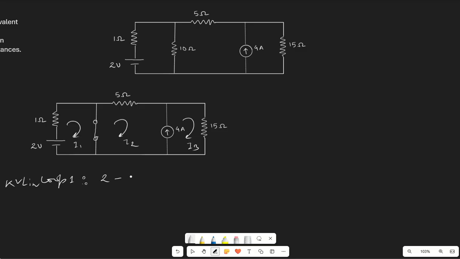Applying KVL in loop 1, what we have is 2 minus I1 equals 0. So the value of I1 is 2. Then in the second loop, you can observe that this is a super mesh containing a current source in between 2 meshes. So we have to write down KCL and KVL both. So KCL in super mesh,